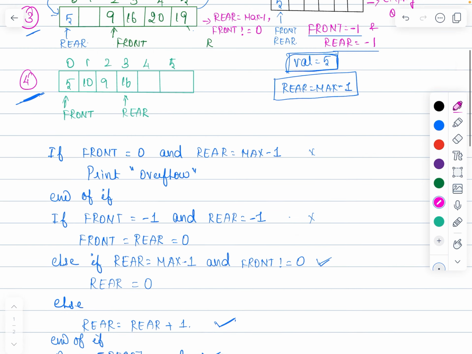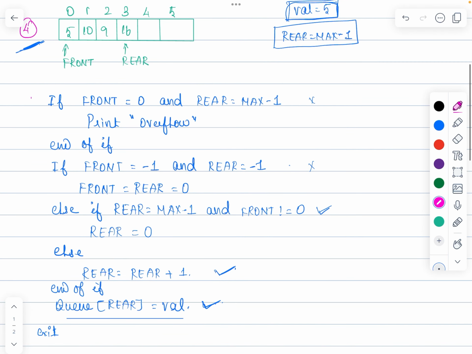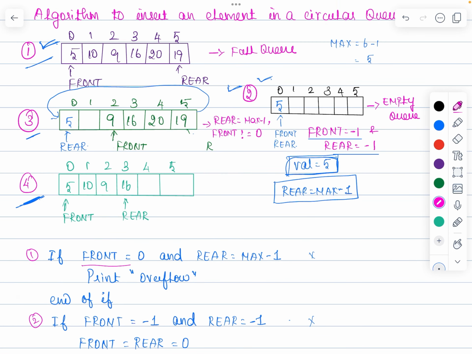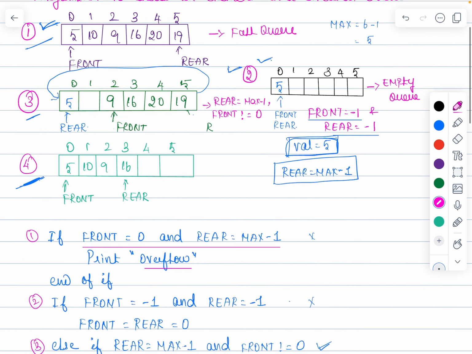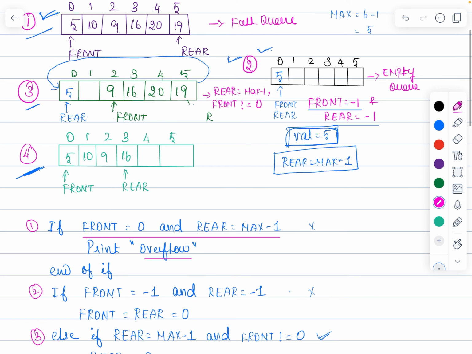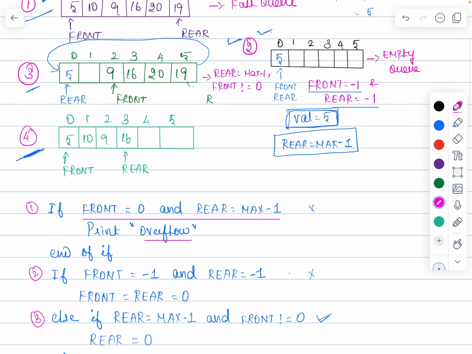Let me explain again. There are totally 4 conditions you need to check. First condition is check whether it is overflow. To check for overflow, this is the condition. If front is pointing 0 and rear equal to max minus 1, check Q number 1. Yes, front is equals to 0, rear equal to max minus 1, print overflow. Else, if it is not full, you can start inserting the value, right? And the first condition is check whether the value which you want to insert is going to be the very